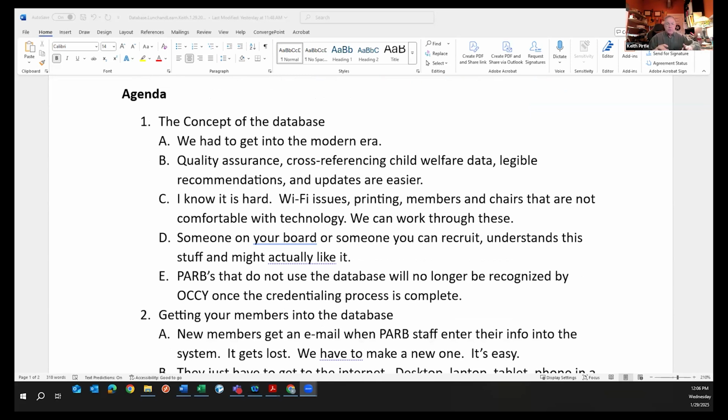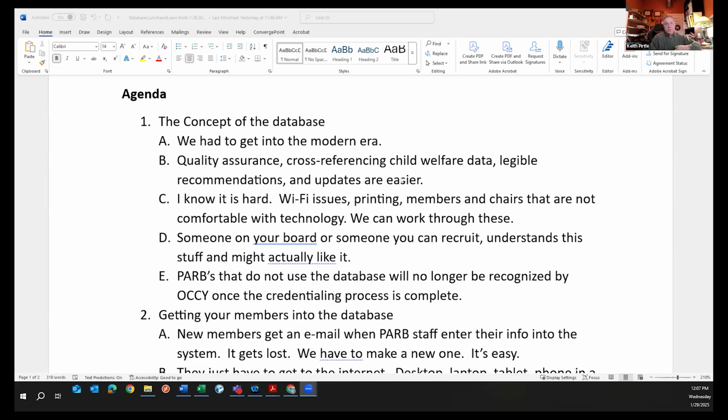So every time you would do a review, you would fill out the top of the form with the KK number, the JD number, the kid's name, all of that every time, no matter how many times you reviewed that case. And then you would handwrite your recommendation and then turn it in. So that doesn't really work for quality assurance because me or any other staff couldn't look at your recommendation unless we happen to be at your meeting and happen to see what you wrote.